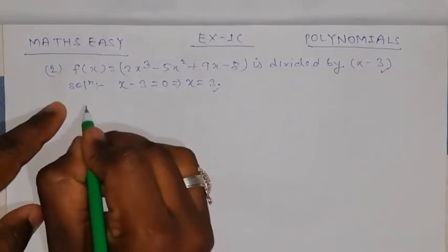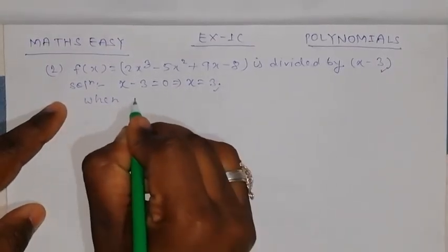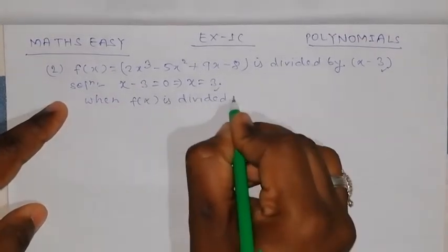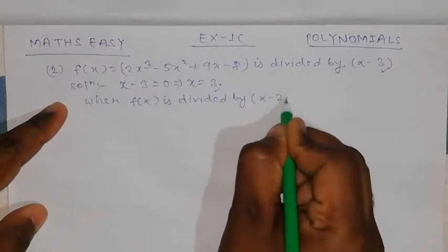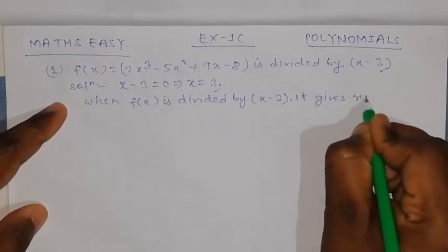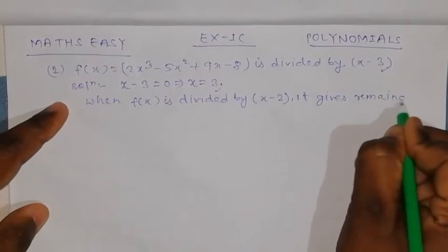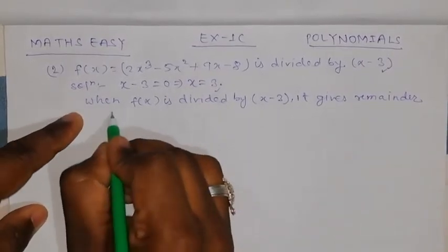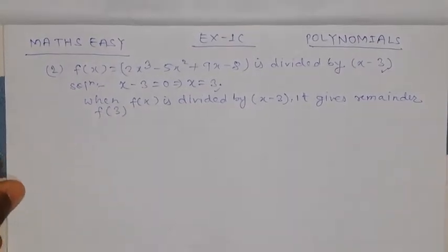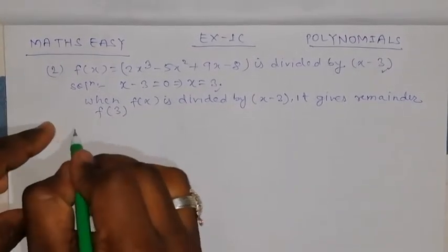Now, when f(x) is divided by x minus 3, it gives the remainder f(3), the function of 3. Okay friends, now